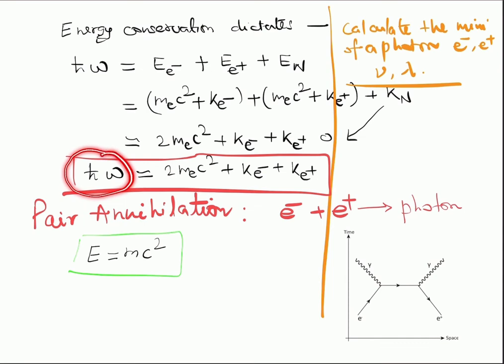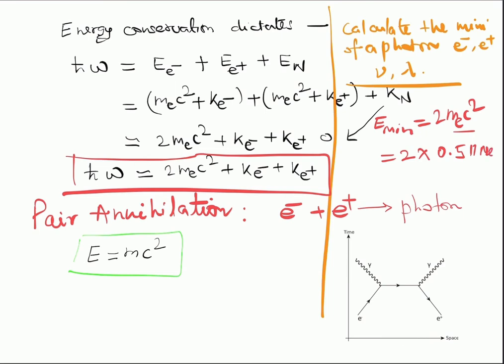It would be minimum only when the electron and positron remain at rest. Their kinetic energies are 0. Therefore, the minimum energy of the photon would be equal to 2 mec square, where mec square is the rest mass energy of the electron, and we know that this is equal to